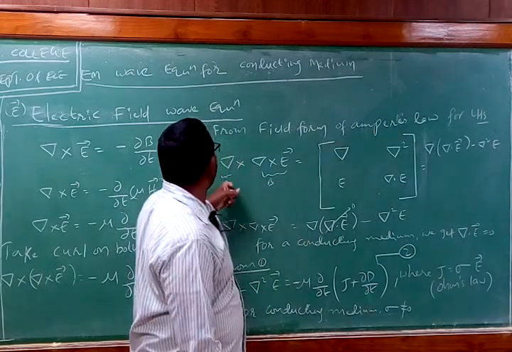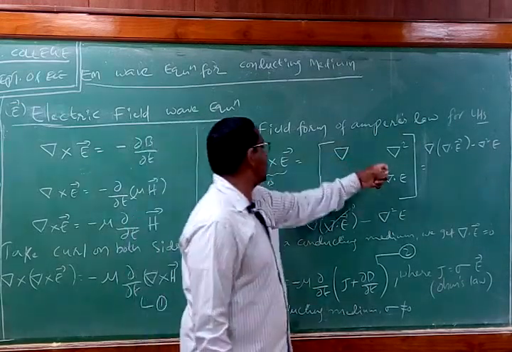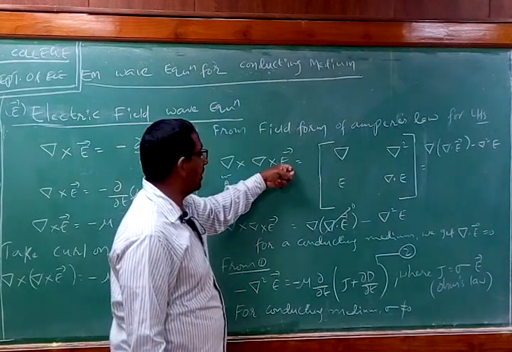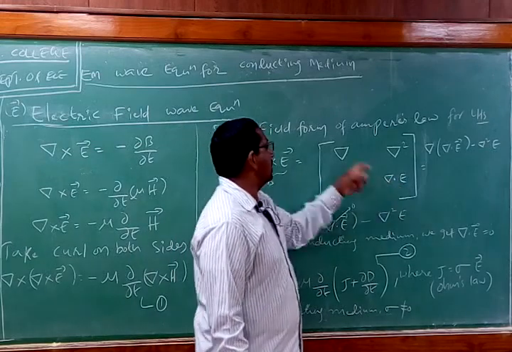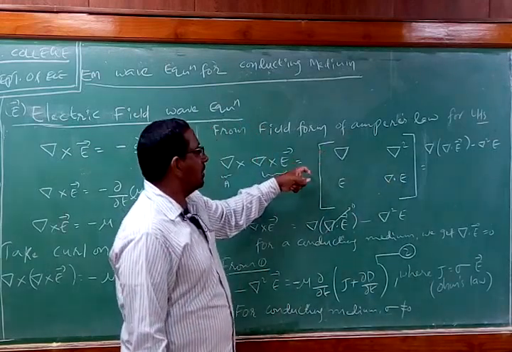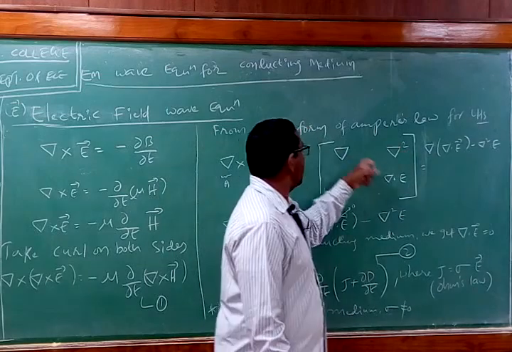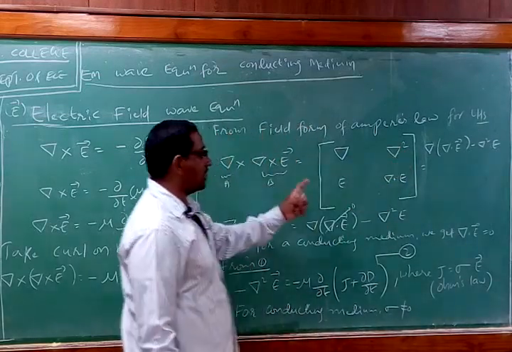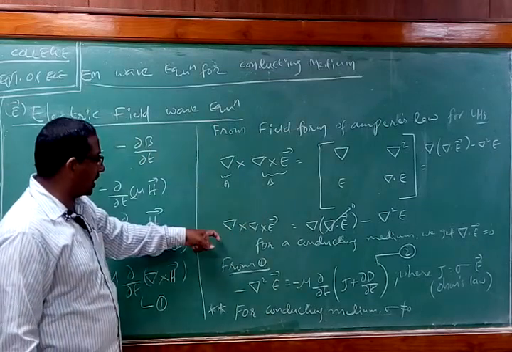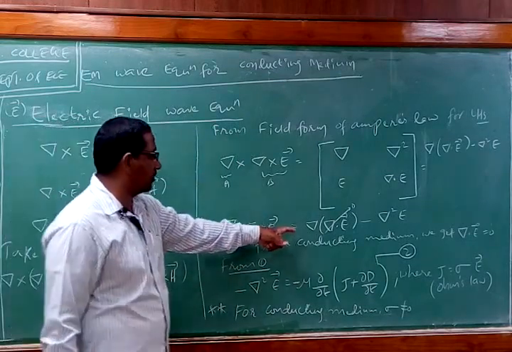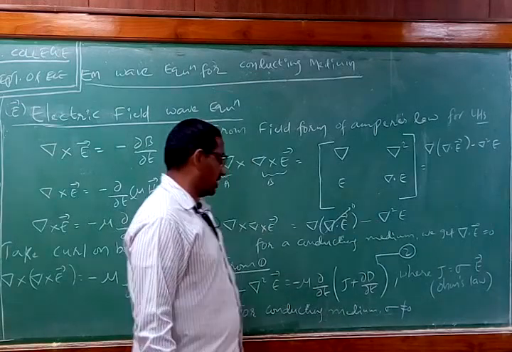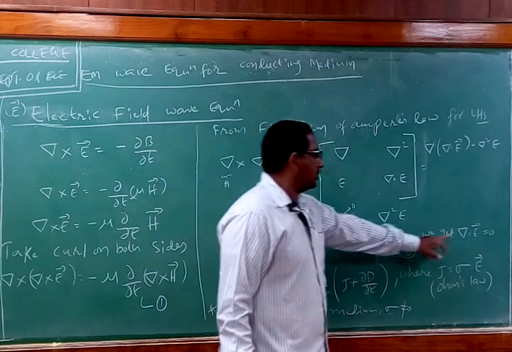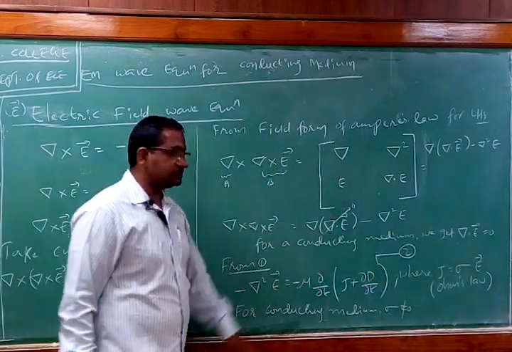So this A, into the first component of B, is del square. Then in the B vector side, E is the vector field that we have, E into del dot E. Then we find the determinant of these two. When you find the determinant, we get del of del dot E minus del square E. This is the determinant of this matrix. So by expanding that, we now get del cross of E is equal to del of del dot E minus del square E. For a conducting medium, del dot E would be equal to 0, so therefore we consider it as 0.